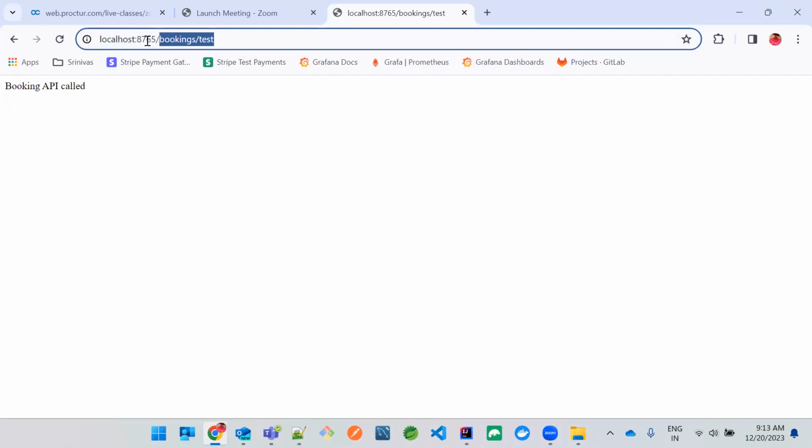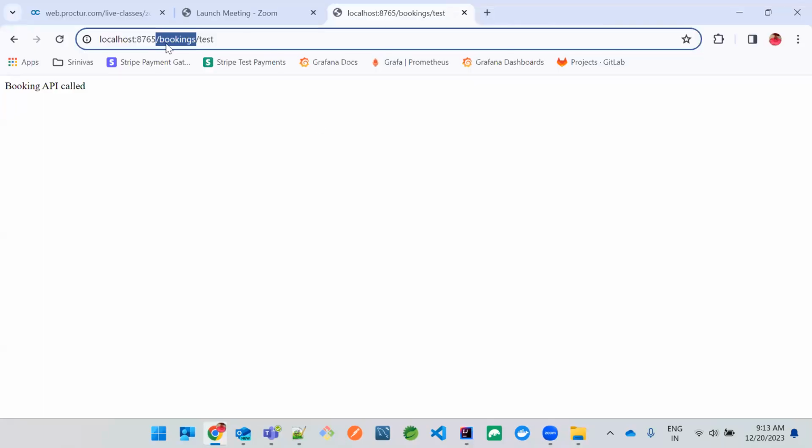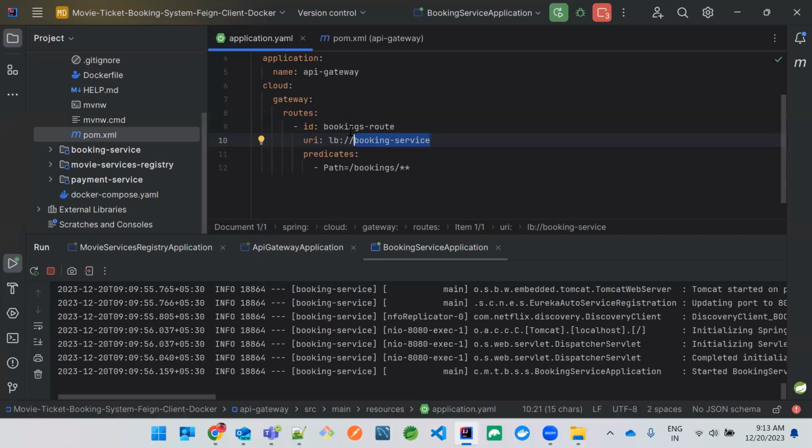So let's say this is 8765, which is the port of the Spring Cloud API Gateway. When it sees this forward slash bookings, inside the Spring Cloud API Gateway application.yaml file, we have something called a booking service route, correct? Here we have something called predicates. Predicates is the place where we define the booking service related endpoints. Okay. So now when this particular URL matches any of the predicates of our API Gateway